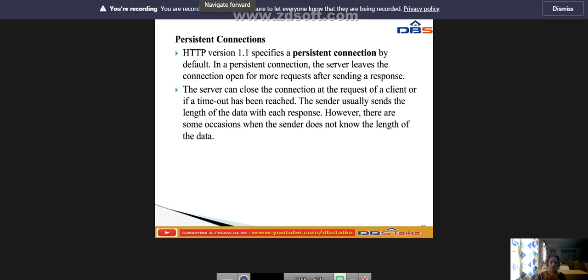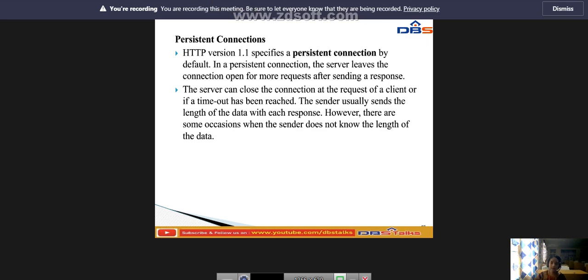Time and resources are saved using persistent connections. Only one set of buffers and variables needs to be set for the connection for each site. The round trip time for connection establishment and connection termination is saved. So this is called the persistent connection.